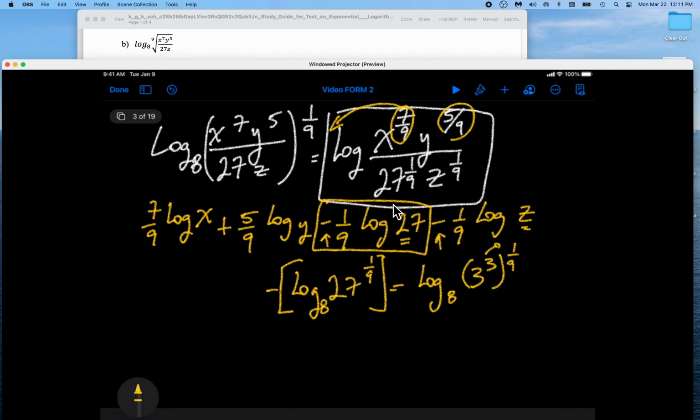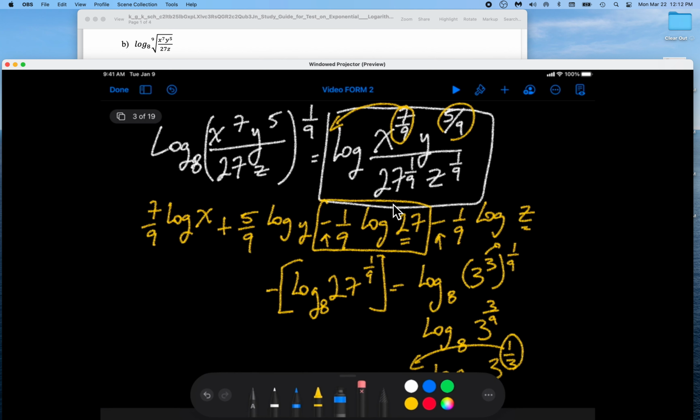Then if we executed the power rule, we would have log to the base 8 of 3 to the 3/9, and that would be log base 8 of 3 to the 1/3, and then we would have brought the 1/3 out. So the final answer here should have been still minus